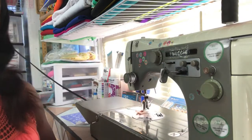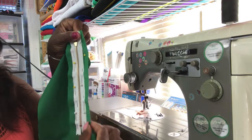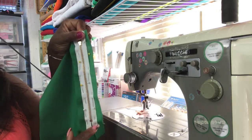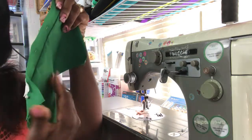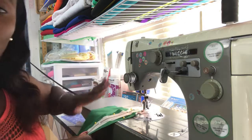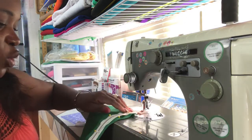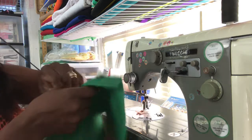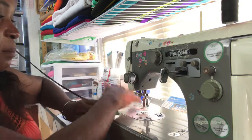Now I'm at the sewing machine, and I'm going to stitch down only one side of the seam allowance. Then when I finish this one side, I'm going to flip and sew the other side. As you guys can see, my fabric is to my left. So on my sewing machine, I'm going to put all my fabric to the left of me, and I'm going to only stitch down the seam allowance. So I'm going to flip mine to the left of me,